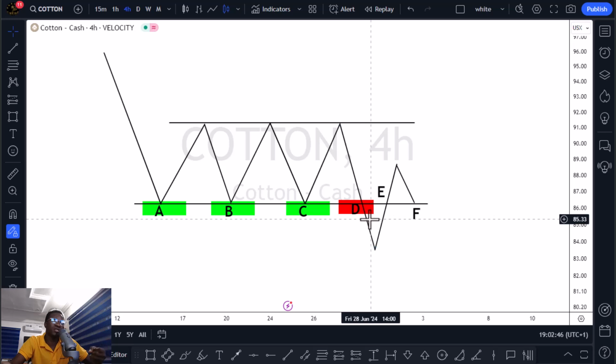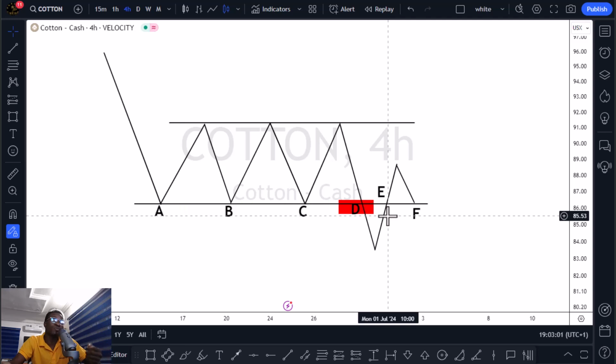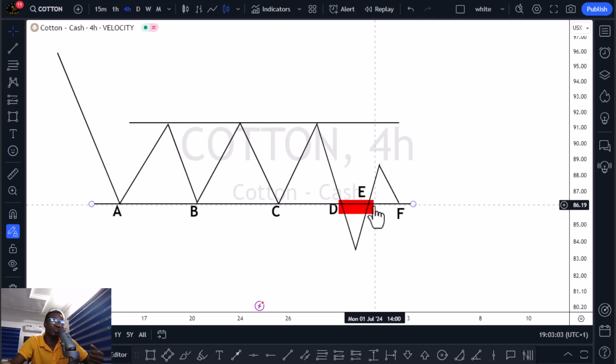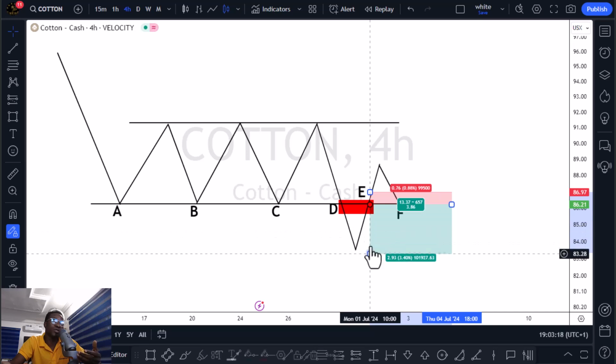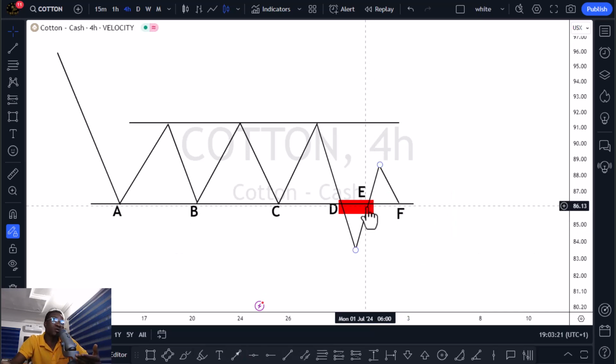Some patient traders in this market didn't take the first breakout of point D. Instead, they waited for price to test this broken support with the ideology that a broken support should turn into a new resistance for price, which is technically right. After the price tested this broken support again, more traders got in right here to initiate selling positions, whereby those who missed the first sell got in at point E with the aim of going in a downtrend. And then instead of price going in a downtrend, price closed above this broken key level,